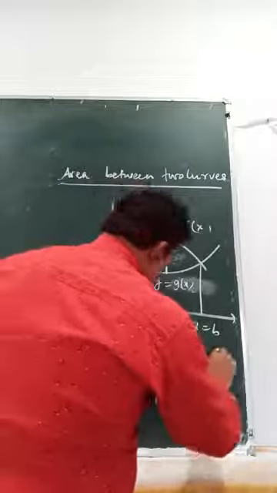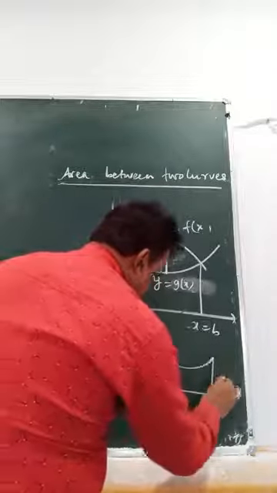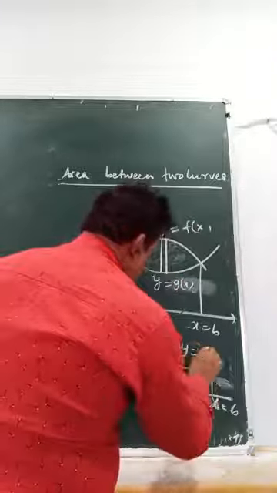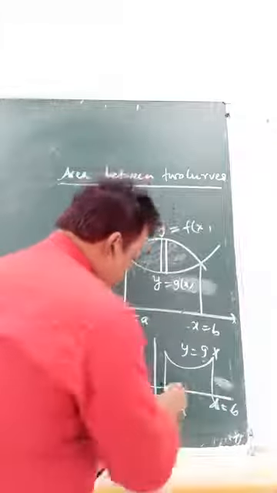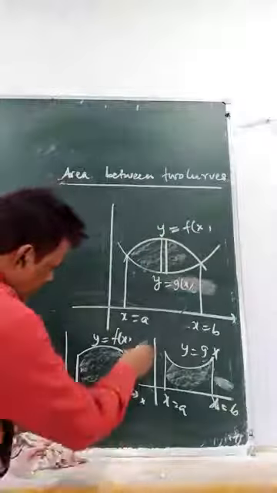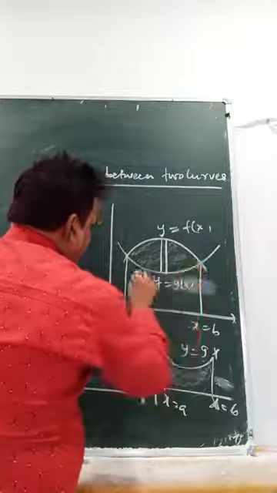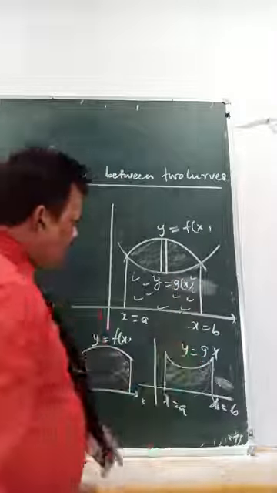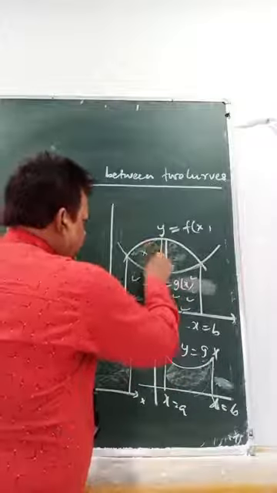Now this is common from the common point, x equals a, x equals b. This is y equals g(x). So when this curve is closed with the x axis, this is the region. That means when I put this curve here, this curve's region is this part. Got my point? This curve's region is the total.